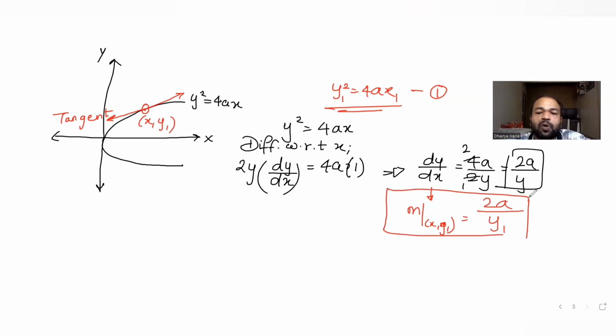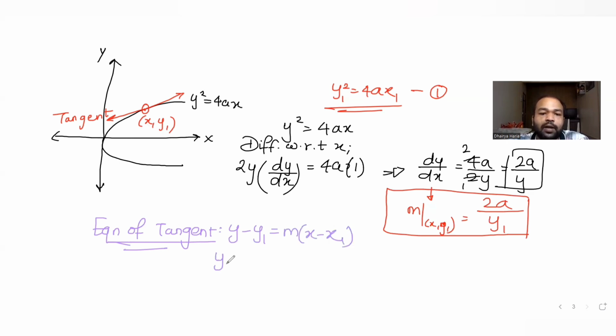So we get the slope of this tangent. Now I know that the equation of a line, or the equation of the tangent, which is the line we want to find out, is given by y minus y1 is equal to m into x minus x1. So I have here y minus y1 is equal to m, which is 2a by y1, into x